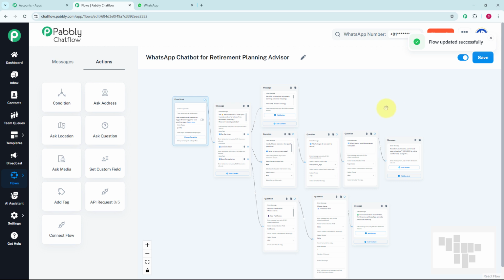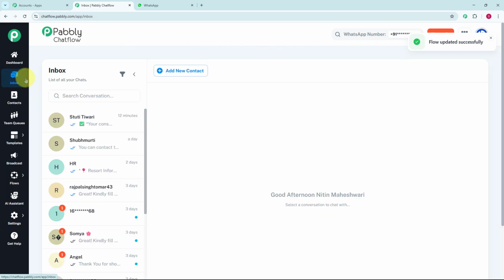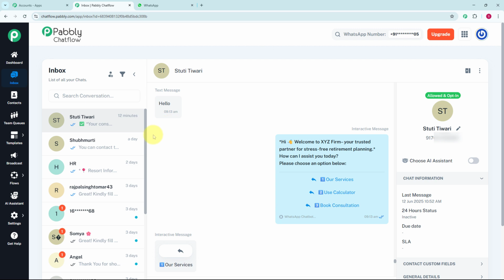For that you just have to click on inbox, and once you click on inbox, this inbox section will appear, and here you can see these are the numbers I have connected to my Pabbly Chatflow account. And here on this particular number you can see I'm successfully receiving messages from my customer and our automated replies are successfully sent or delivered to them. And one point to be noticed here is that this is following the path which we have created through our